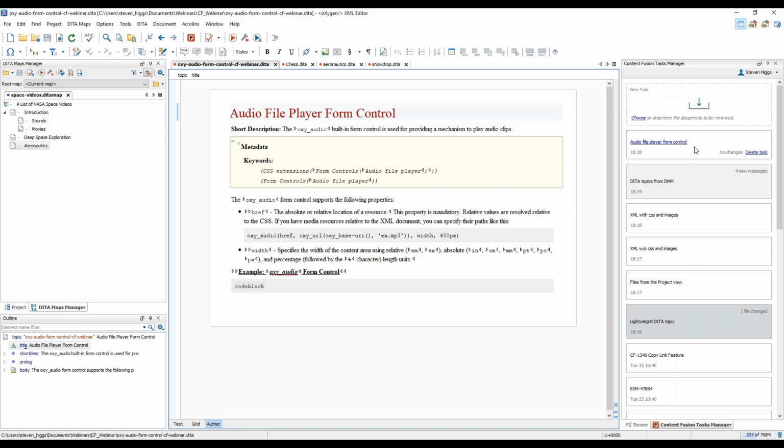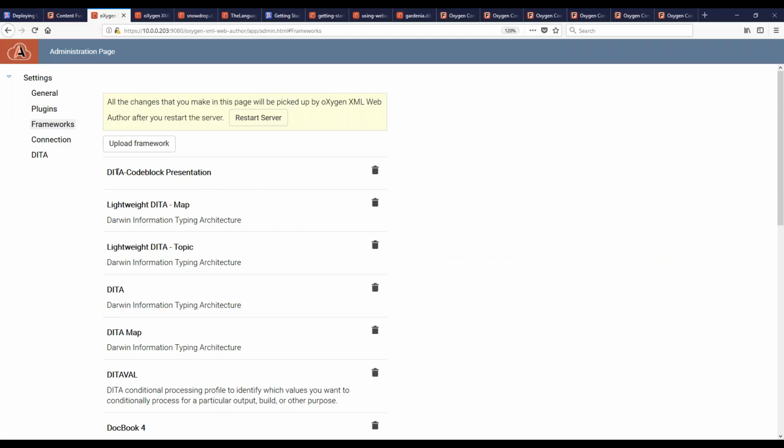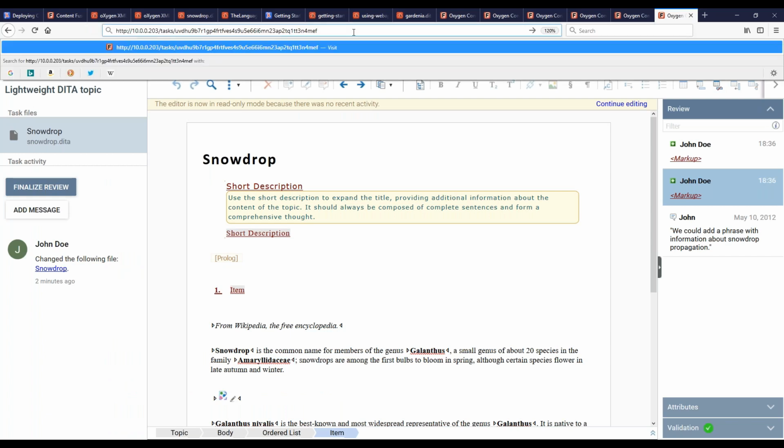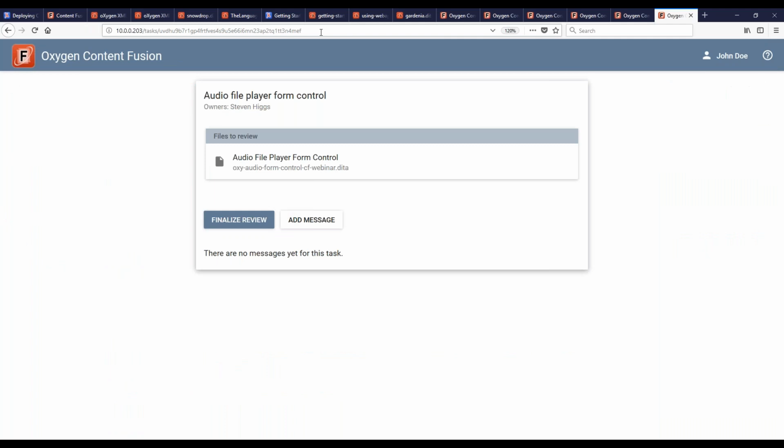To upload it, and I'll copy the link, and it is there. This is my custom framework, and I'm still logged in as John Doe, so I'll paste the link,